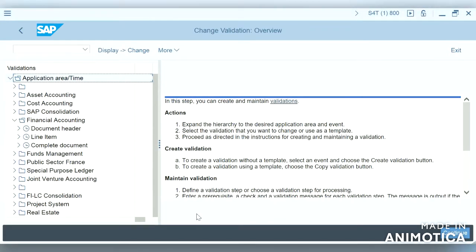Before moving on to configuration steps, let me show you the validation which I have already created while posting the document.